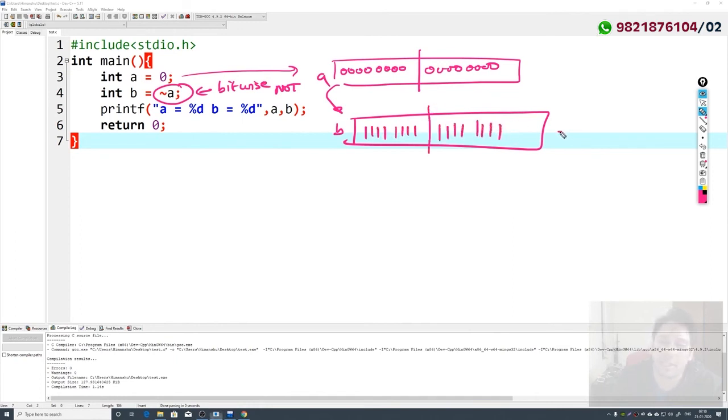This is basically the 2's complement of 1. That is why the value of B is -1 and the value of A is 0. It represents a bitwise not.